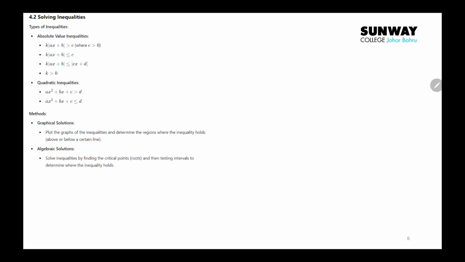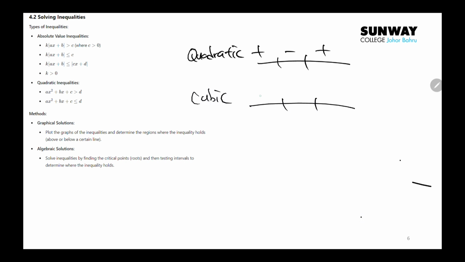When it comes to inequality, the approach is going to be similar. However, we have to be careful. For quadratic, when it comes to the number line, it will follow plus minus plus. For cubic, on the other hand, it will follow minus plus minus plus. And for absolute functions,